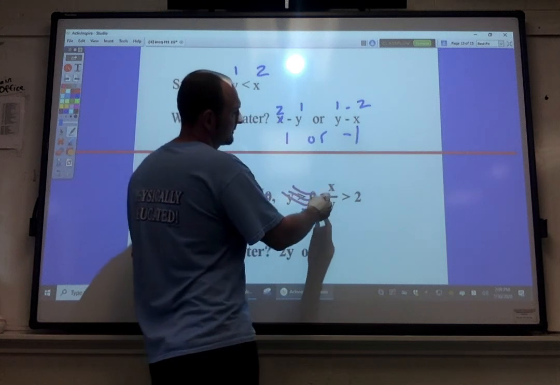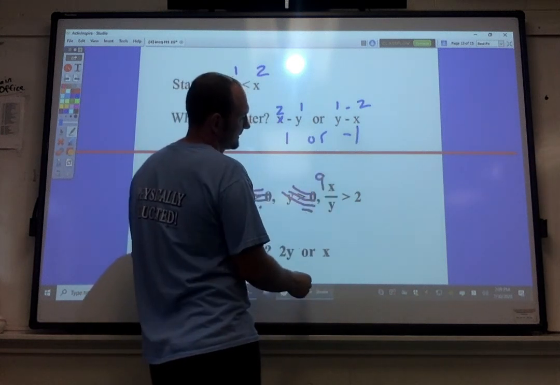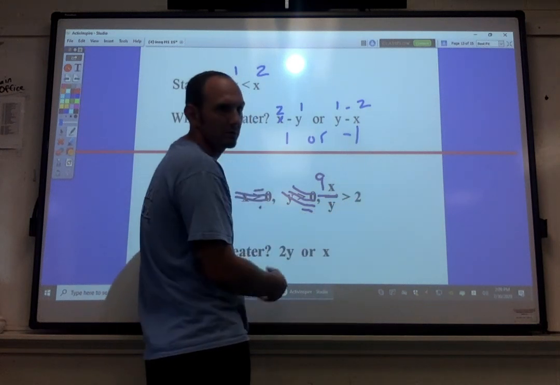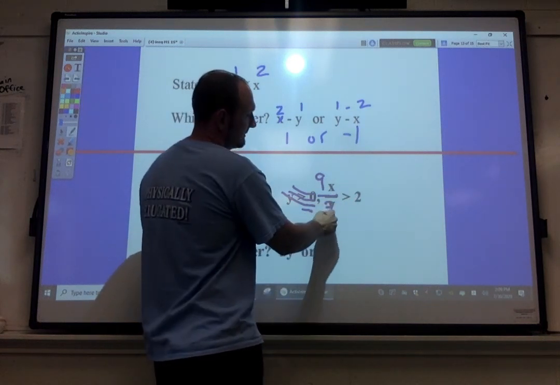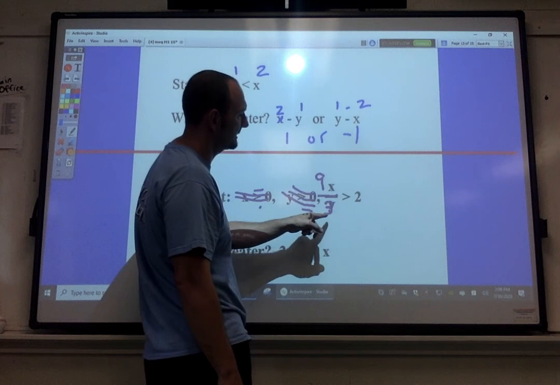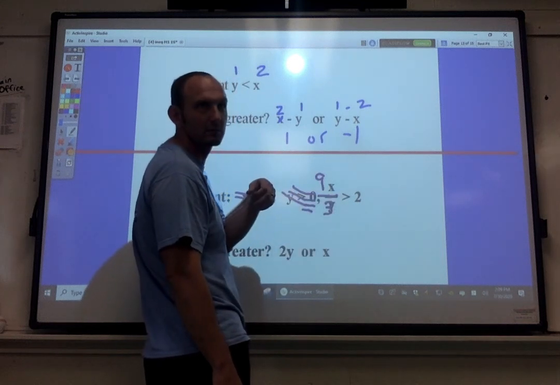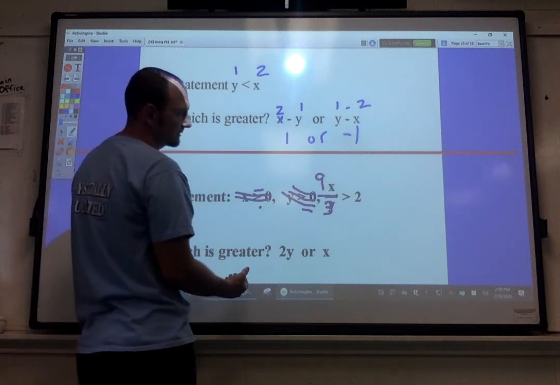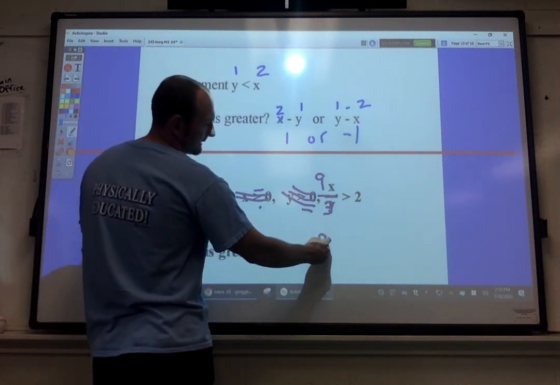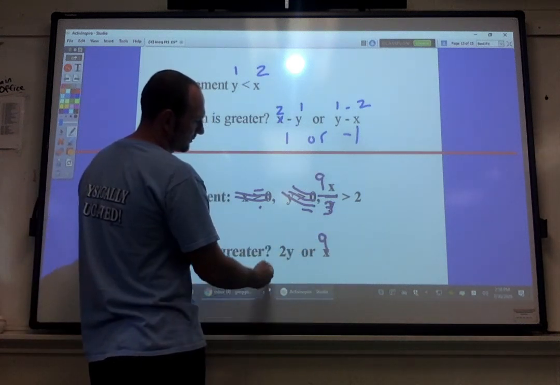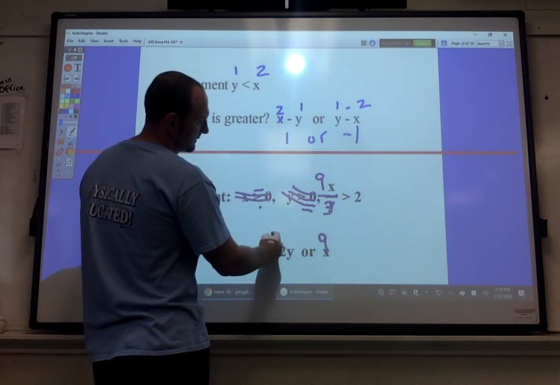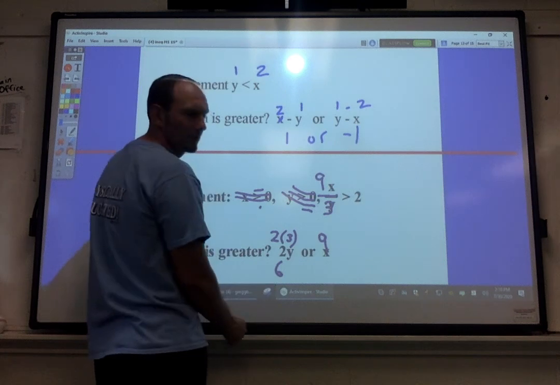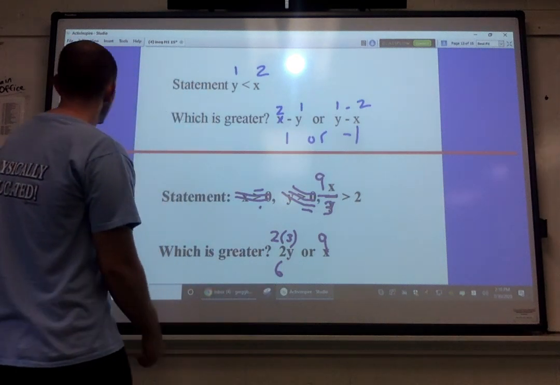So I can pick a number like 9 and divide it by something, it's got to be greater than 2. So divide by 3 maybe? Is 9 divided by 3 going to be greater than 2? Yeah. So let's try 9 and 3, see if that works. So 9, is that greater than 2 times 3? No? So any way we put it,